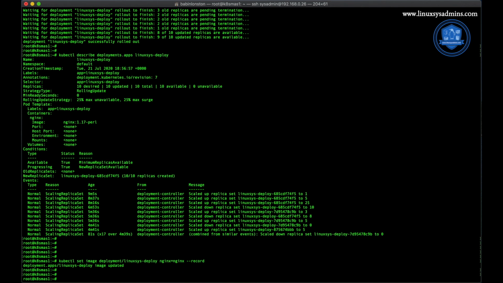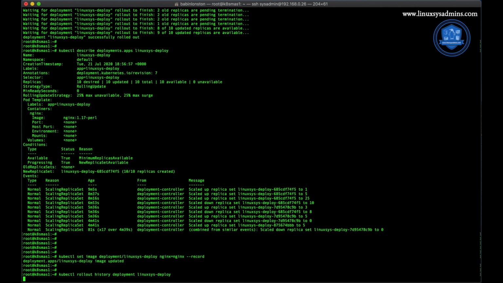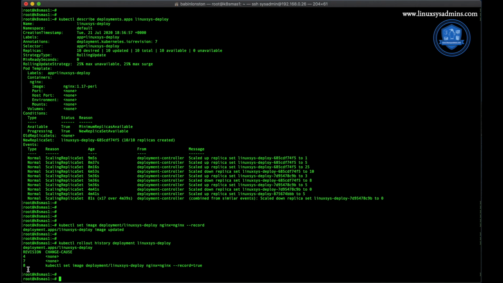Now if you want to check the history, kubectl rollout history deployment. It will show the number of revisions and what command we have used, so that you can come back and check the rollback history.